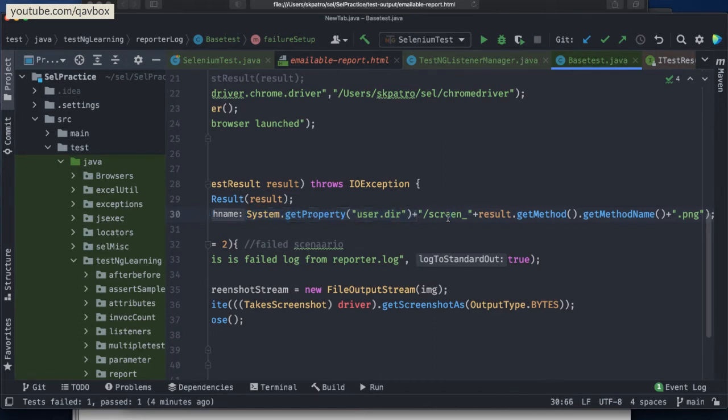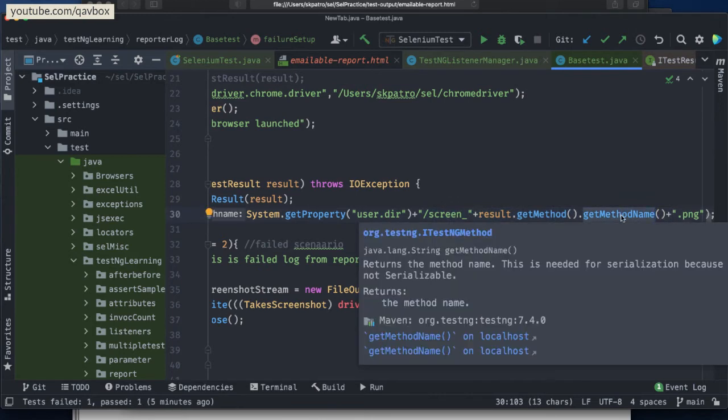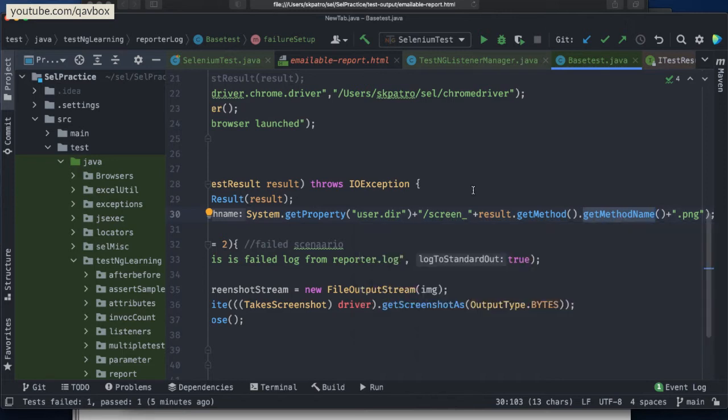Plus means I'm appending. And I'm giving a name to my screenshot. See, I said, right, if you are executing 50 test cases, let's say that 3 test cases failed. If I don't give my screenshot a dynamic name, then it will be overridden, right? So the last test case which failed, that screenshot only will be retained here. That is why every time your test case is failing, I am creating a new screenshot file. And that is where I'm utilizing again the result variable or the object to create the name of my screenshot.